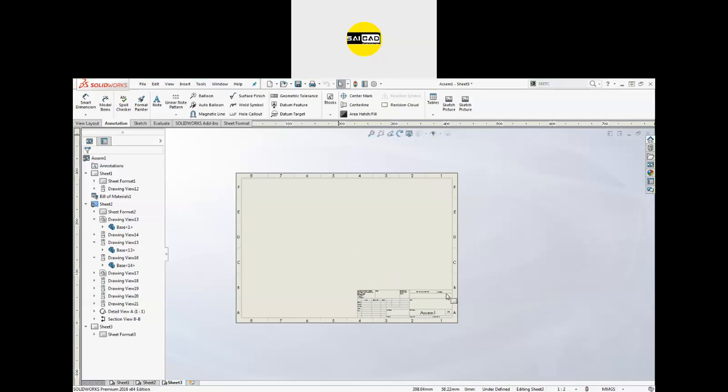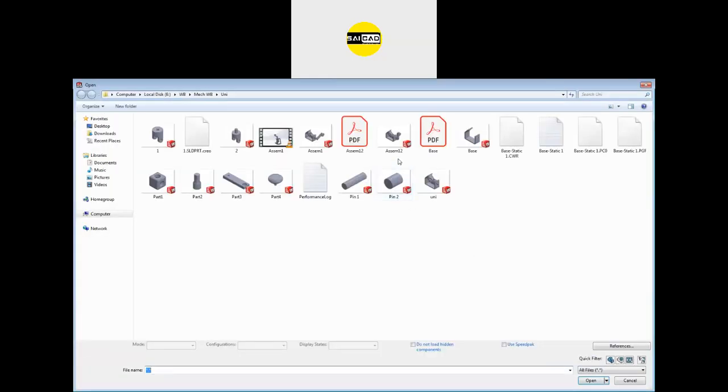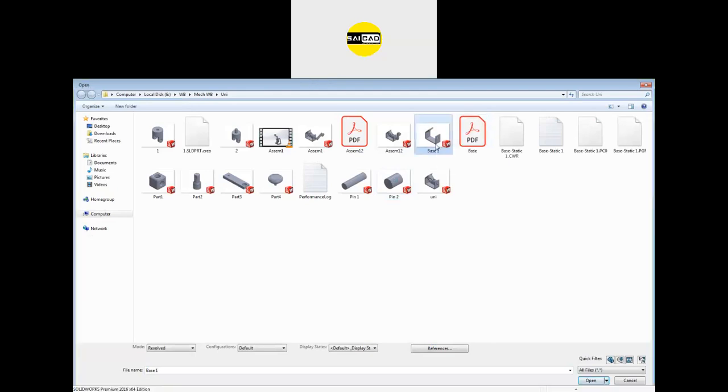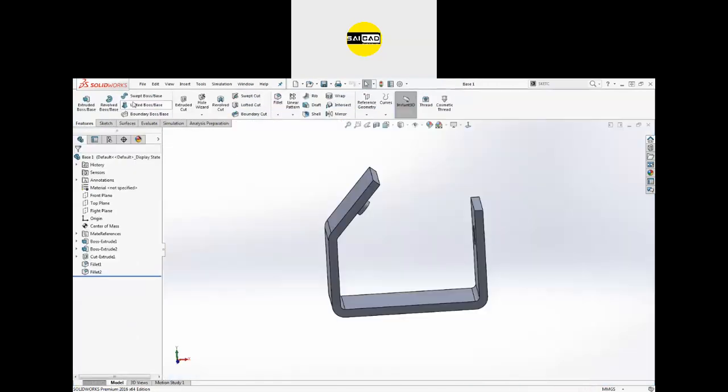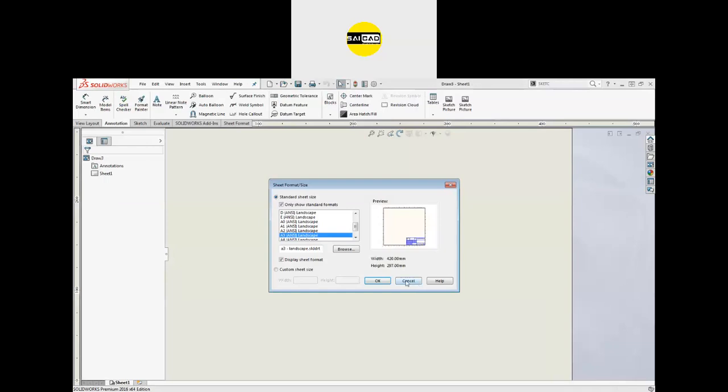So I cannot insert the two base files in SolidWorks while it's on. So you have to convert the name. You can just change the name like from base to base 1, and now you can just open the file and you can create a view from that file also.